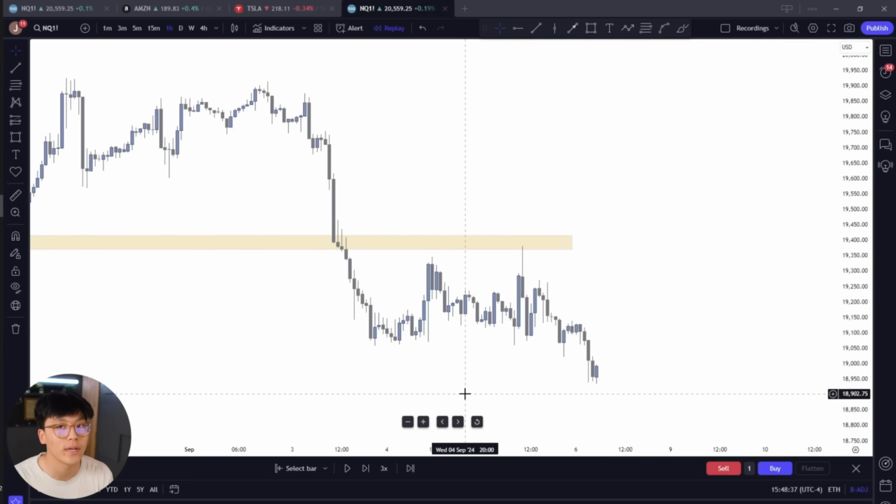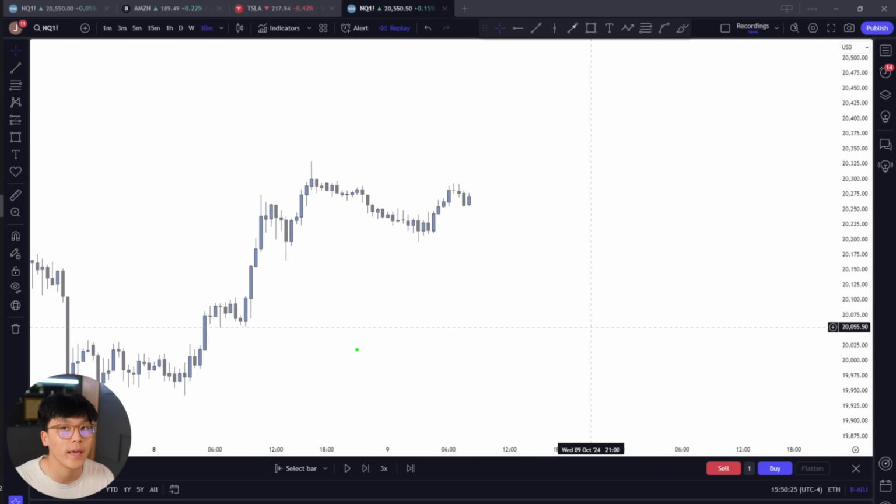Now let's go into another example. So now this is going to be a continuation break and retest example towards the upside. As you can see here, we're making higher lows, higher highs, higher lows, right? So we're in a clear uptrend. What I'd like to see now to confirm that clear uptrend is a break above this key pivot high, a retest of this key pivot high, or a previous resistance turned into support for that continued push back towards